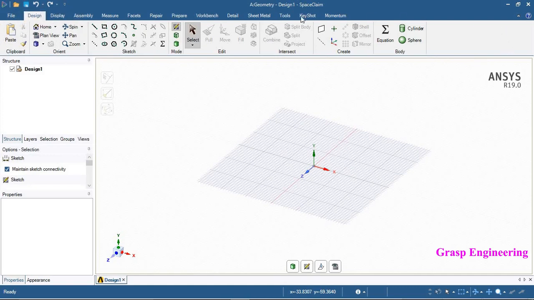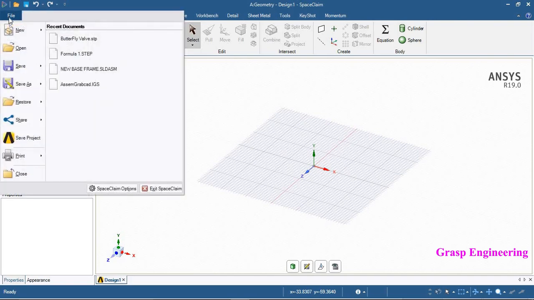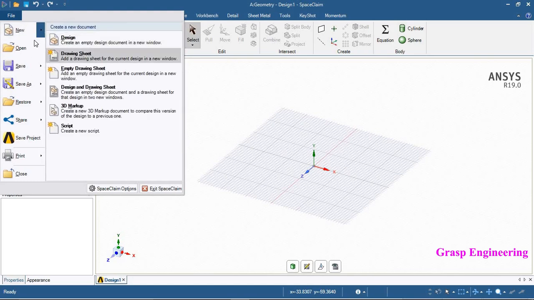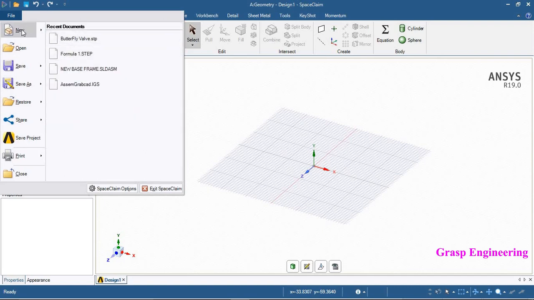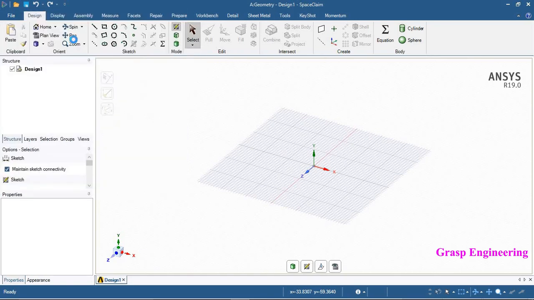Then you will find the bottom one. This toolbar is nothing but your ribbon toolbar. Here you will find various options. The very first is your File menu. This File menu is basically useful to incorporate a new design. You can find here New Design, Drawing Sheets, Design and Drawing, and you can even do Markup. So it is basically used for a new design, or you can open a geometry. Like, we will open this